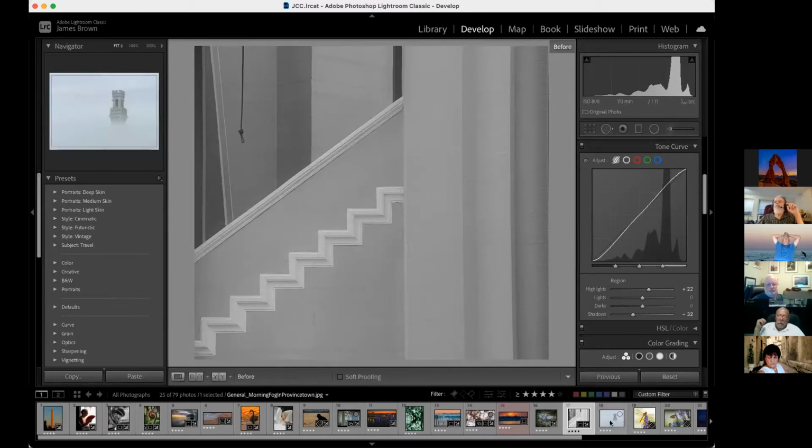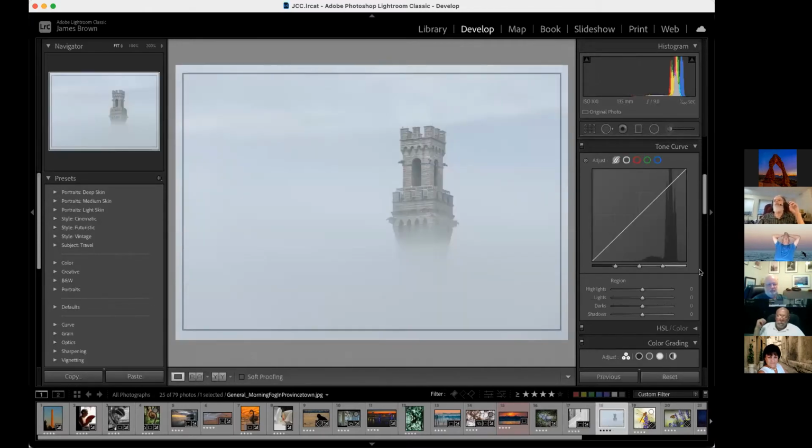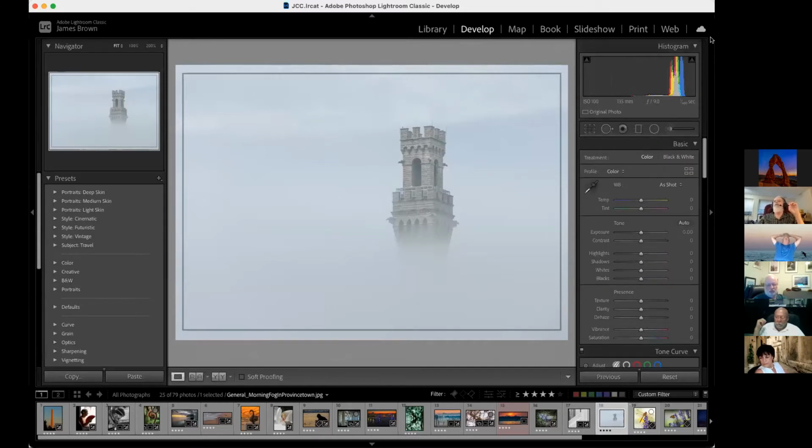All right. So this is a very nice picture here, right? Yeah, that's so cool. And we don't have a black, but I'm not going to be too concerned about that right now. This is kind of a high key picture. And it's in fog, it looks like. It's in fog or something. But what I want to work with is to see if I can bring out a little more contrast in the stone here and still leave it predominantly high key. So let me see if I can bump up the contrast a little bit